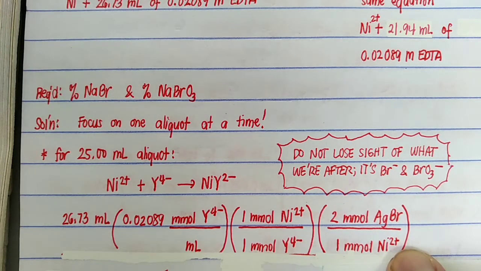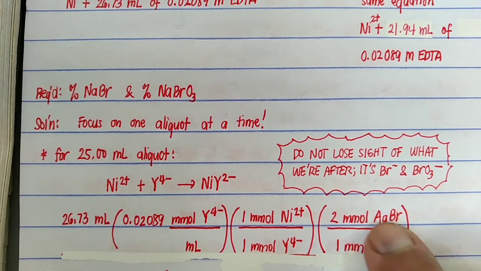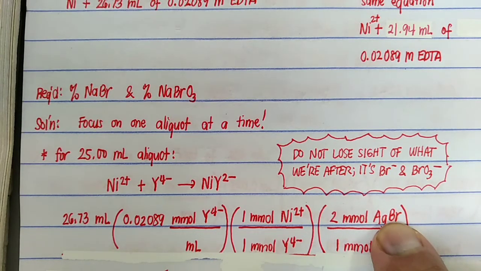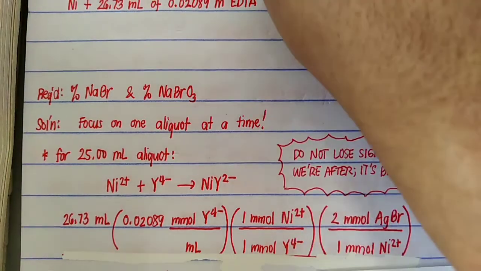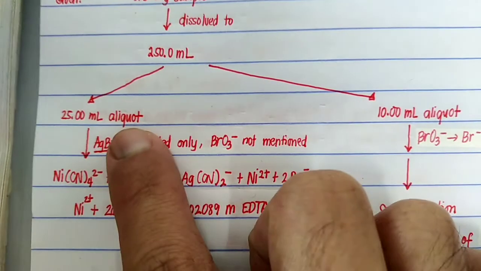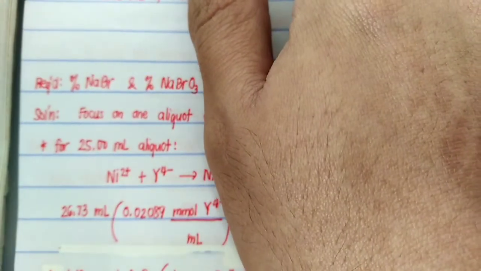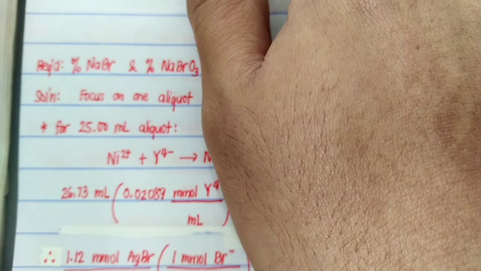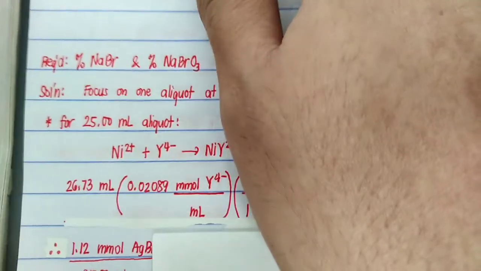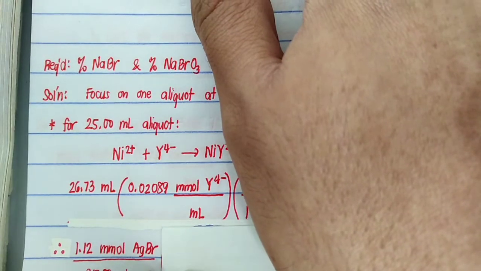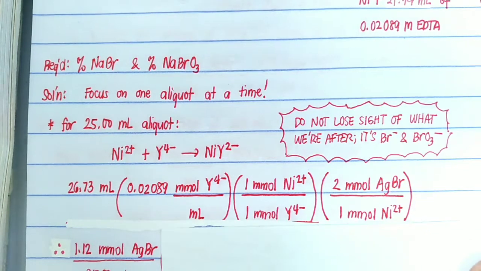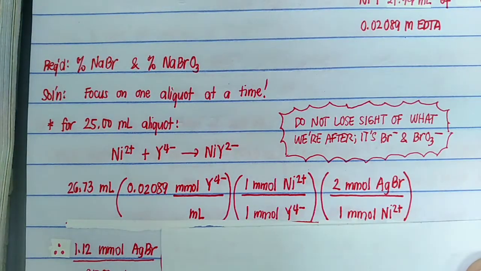Plug this into your calculator, you're able to get the amount of silver bromide that was precipitated from our 25 ml aliquot. So from our calculator, we're able to get a value of 1.12 millimoles of silver bromide that came from our